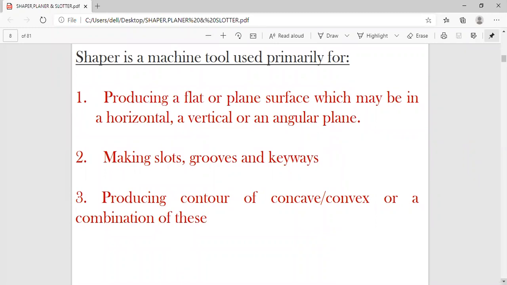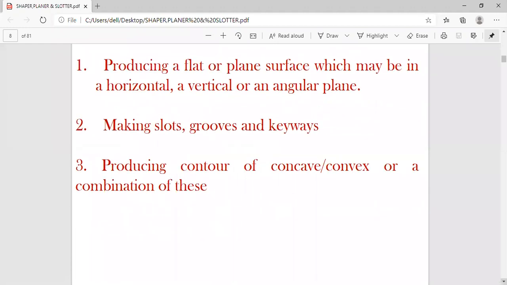The individual components, you have to check for their geometrical features. After assembly also you have to check. That's why they are known as acceptance tests. Acceptance tests are the geometric tests and the practical tests. After the machine is assembled, you try to machine pieces, whatever components you want to machine, on the shaping machine, the planing machine, or the slotting machine. That is the beauty of the industry.